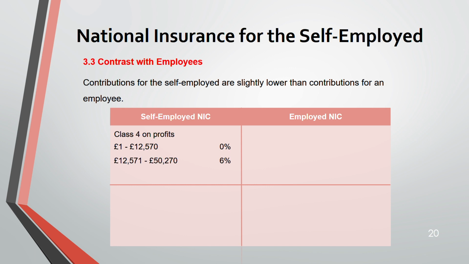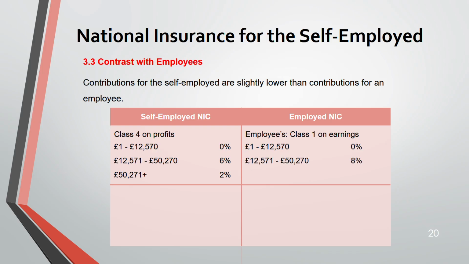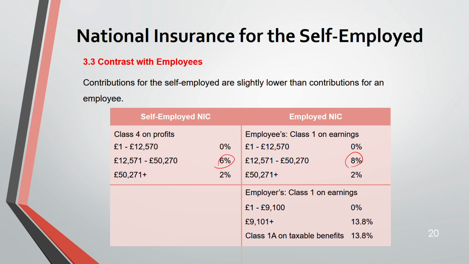Now, class 4 on profit: 12,570 to 50,270, and then over 50,270 an additional 2%. Then here for an employee, again the limit is the same. The only difference is here it is 6%, here it is 8%. Rest everything is the same. Then employers also have to pay class 1 on earnings above 9,100 at 13.8%. And then class 1A on taxable benefits also 13.8%. So you see,